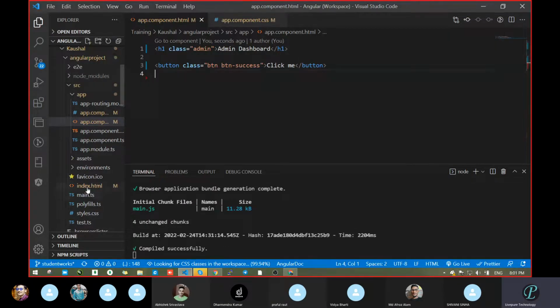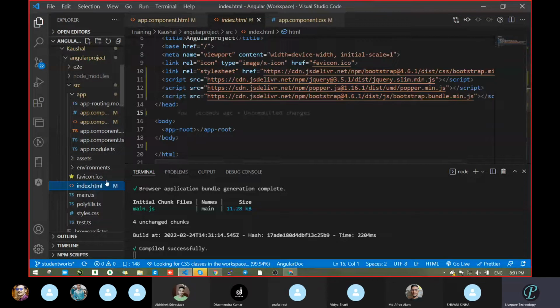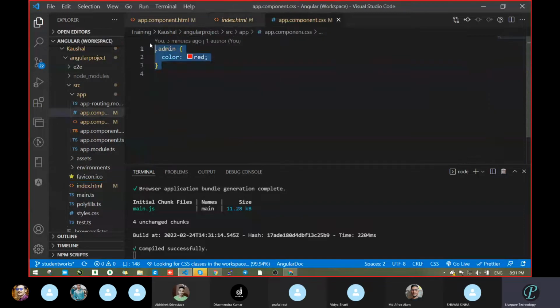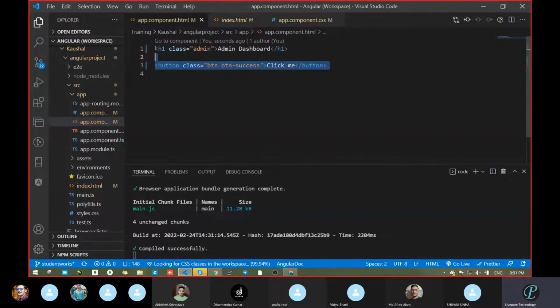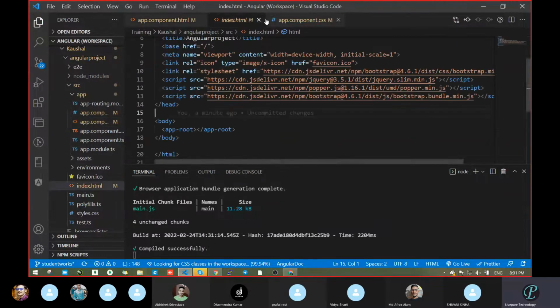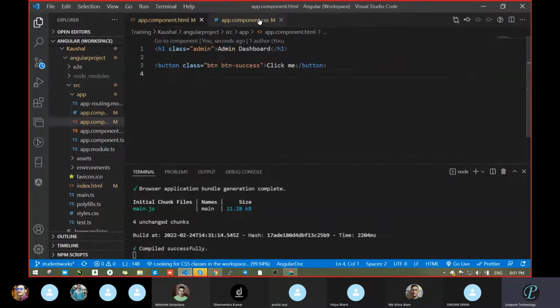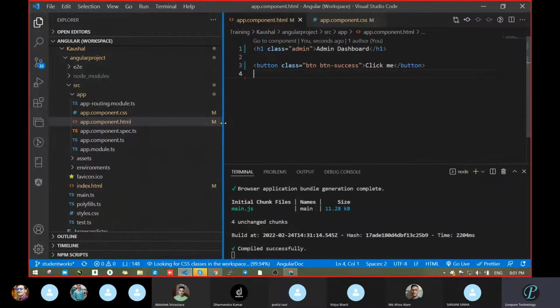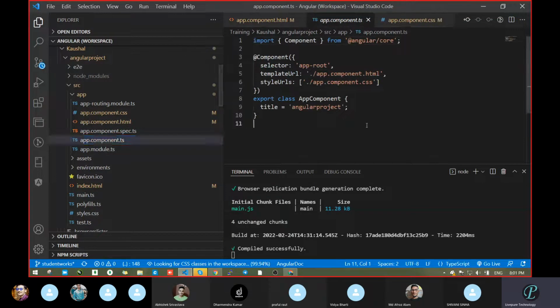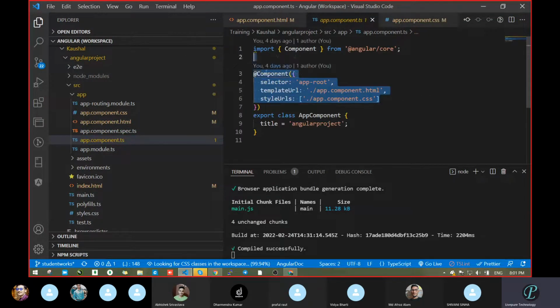I just added that file in index.html. Okay, this becomes global. That is the thing actually. And after that, we started adding our CSS in the CSS file and our HTML in the HTML file. You do not have to worry about adding an external file. There is no external file link written, but it is linked. Where that is linked, I can show you. Open this app.component.ts file and see, everything is linked here.